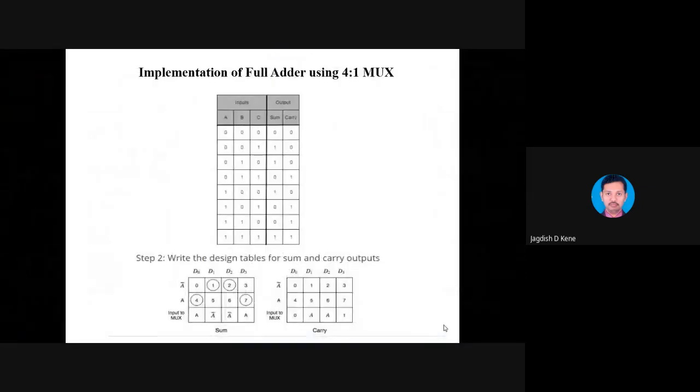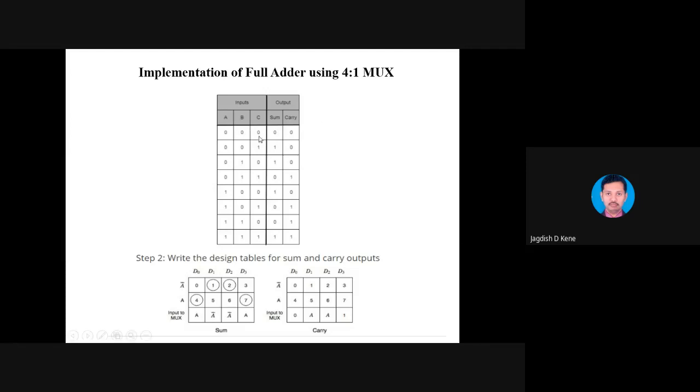the implementation of a full adder using a 4 to 1 mux. The available resource is a 4 to 1 mux, but we have to develop a full adder. The 4 to 1 mux has 4 input ports, I0 to I3, and the design that we are going to build is a full adder, which has only 3 input ports. So you have to share these 4 input ports of the multiplexer, and it will convert into the 3 input ports of the full adder. So how can we convert this?